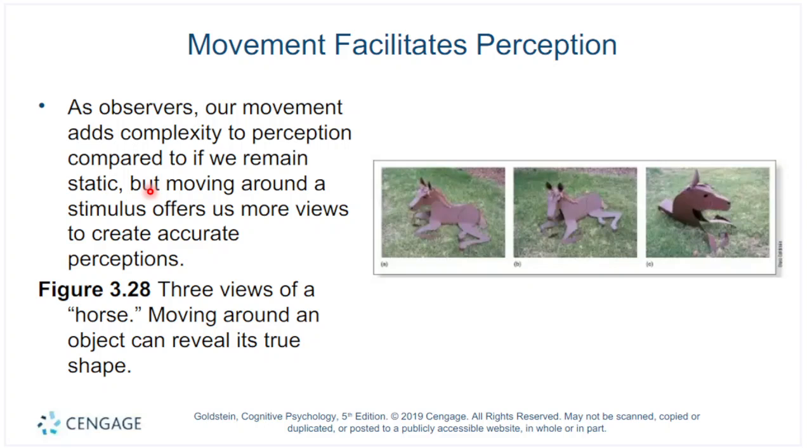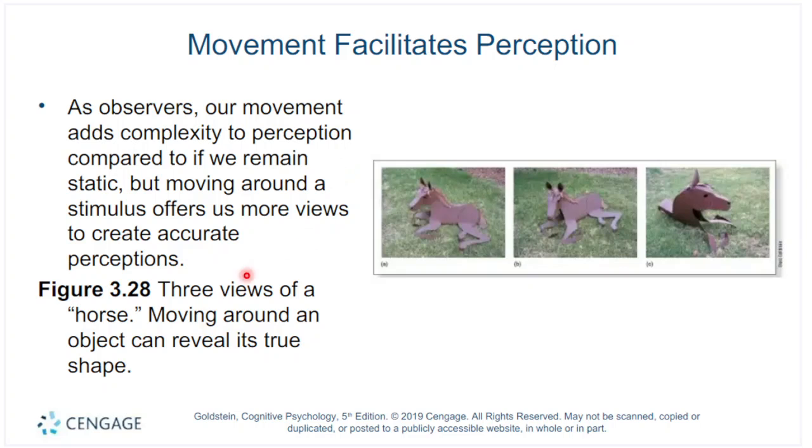But a moving stimulus actually allows us to create more accurate perception. So again, this is another limitation ng machines. So with the movement or adding the concept of movement